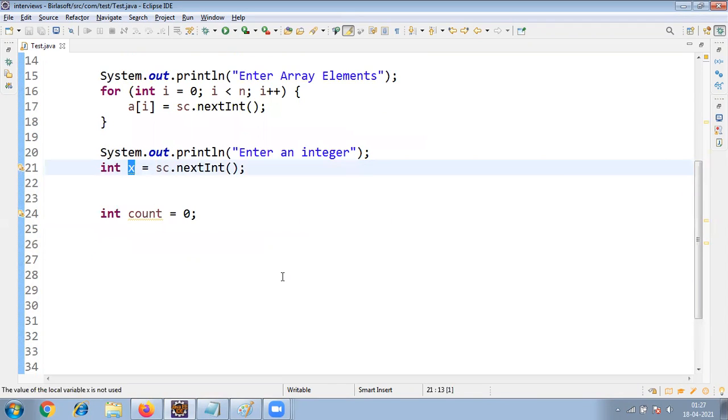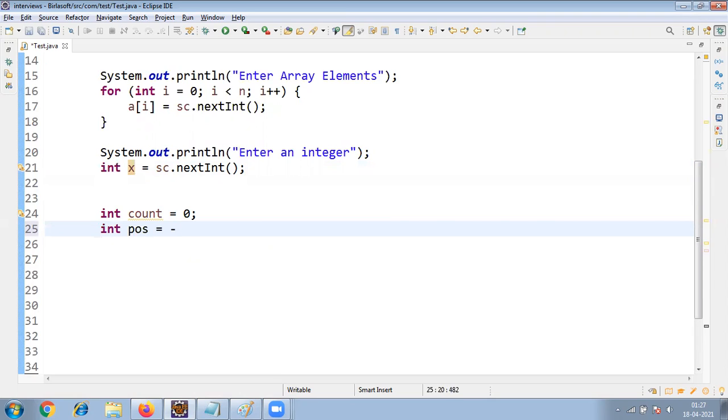If it is available, how many times is it available? Only one time or 2 times, 3 times, like that. So this count variable will maintain that information. It will check how many times X is available in the array. After that, I'm going to take position equal to -1.